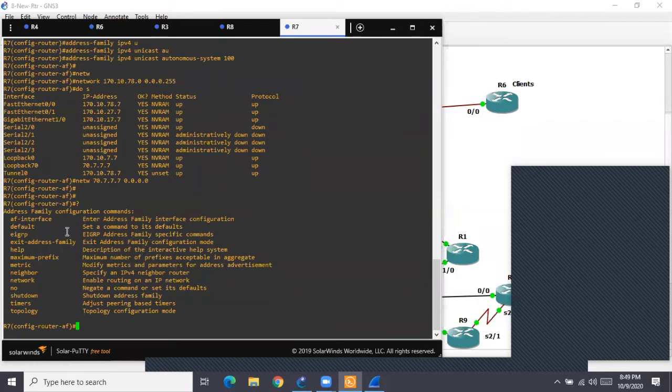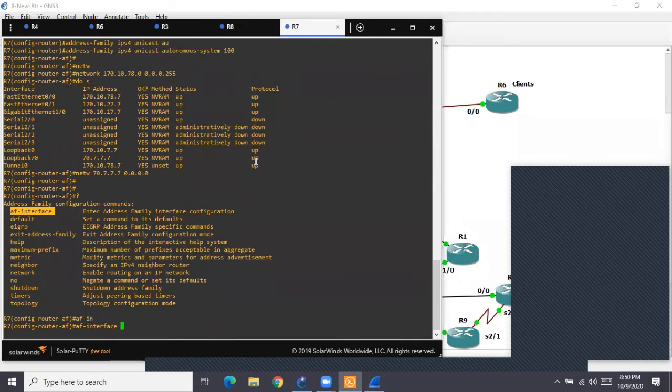So what needs to be done? There is a command called the AF interface, address family interface command. So now you need to go inside this interface. Slight difference. Instead of exiting the EIGRP mode and going to the actual physical interface, no. From the EIGRP process itself, you specify the interface.